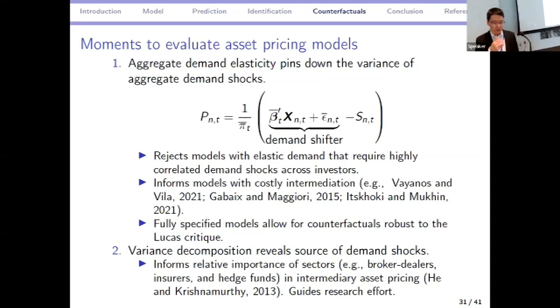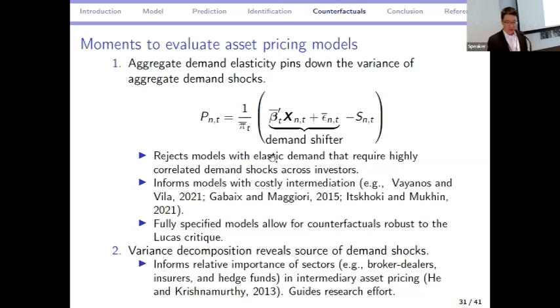Okay, we're going to use these estimates of demand shifters and elasticities to talk about macro finance and more structural models. The basic equation is, again, through market clearing, prices have to depend on elasticities and demand shifters. Since we have estimates of both, when you see observed volatility in returns, is it caused by low elasticities and uncorrelated demand shifters, or high elasticities and very correlated and violent demand shifters in the aggregate?